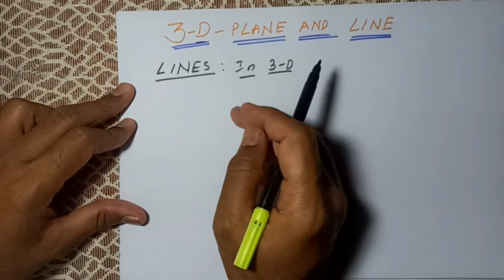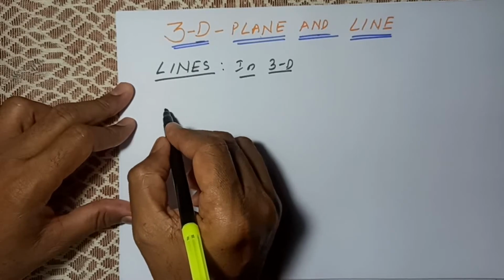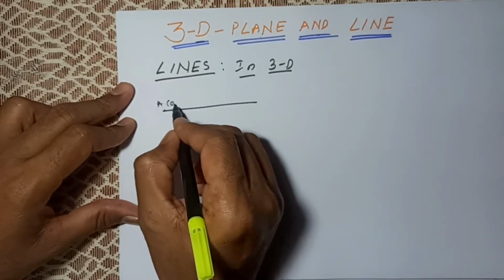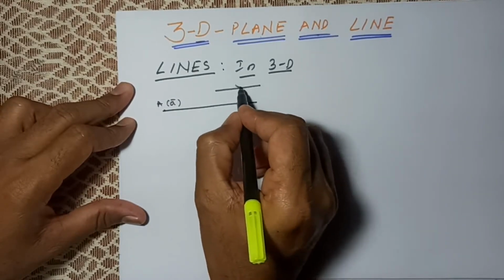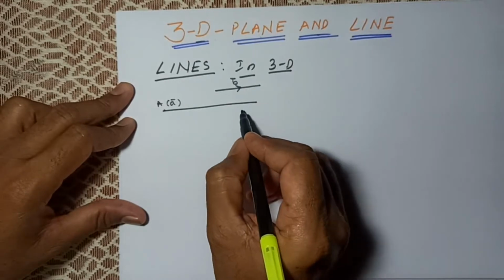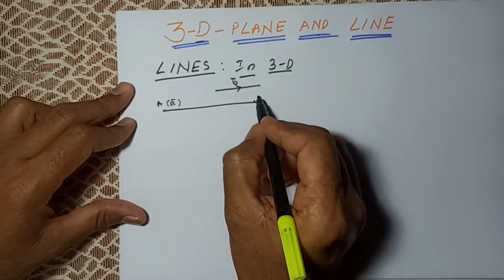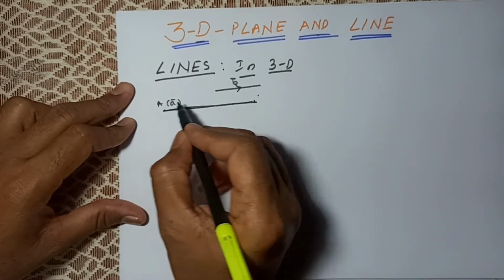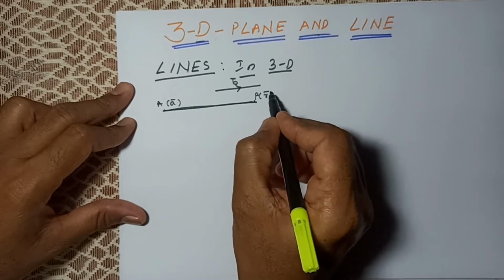We know that in 2D geometry, to form a line we require a point and a slope. Here in 3D, to form a line we need the same point. Instead of slope we need a vector which is parallel to the given line. Let this line be passing through this point and parallel to this vector, and any point on this locus is